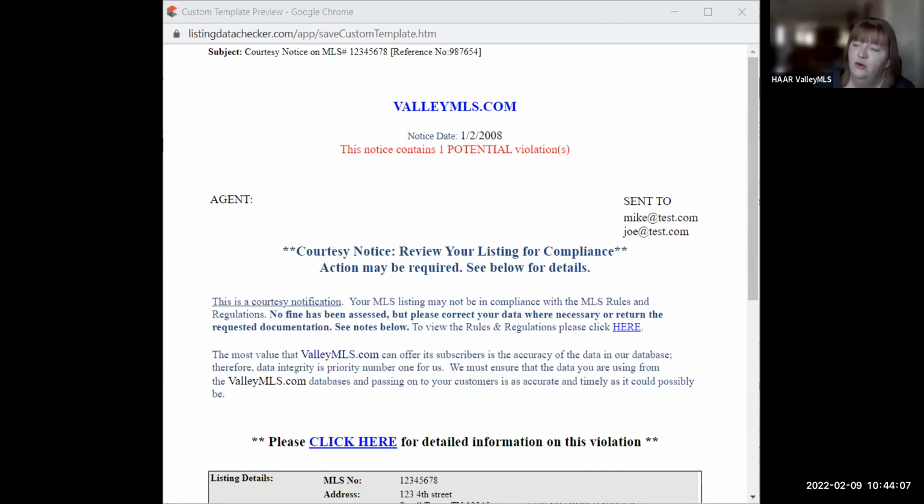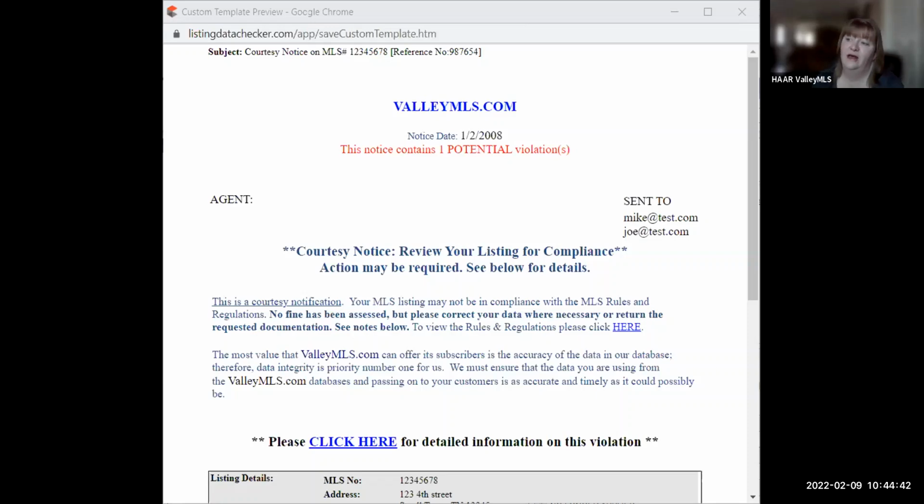So just running through quickly some examples of courtesy notices you might receive. You might be asked to verify info. You might be asked for a source of your square footage. We do audit for that information. Just FYI, you cannot use tax records or previous listings as a source of square footage. And now, very recently, you can no longer use plans and specs unless you are a proposed or under construction listing or new, never occupied. If this is 1 to 5 years old or any older than that, plans and specs is no longer considered valid. Someone does have to measure the property. So just keep that in mind.